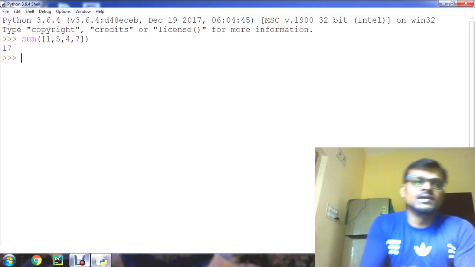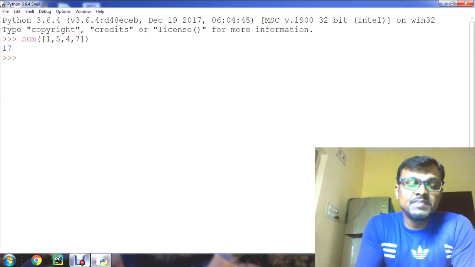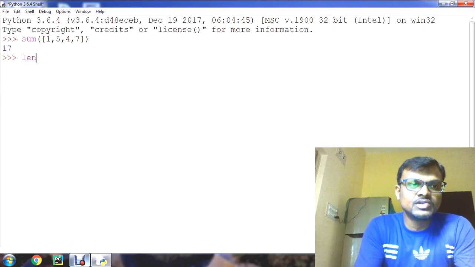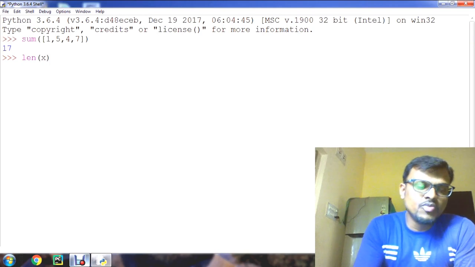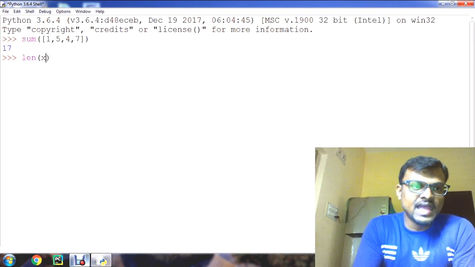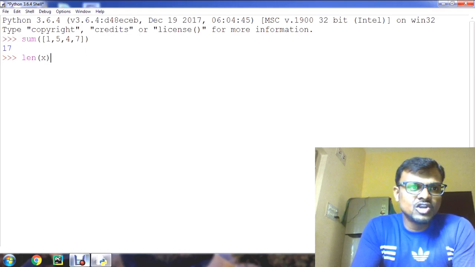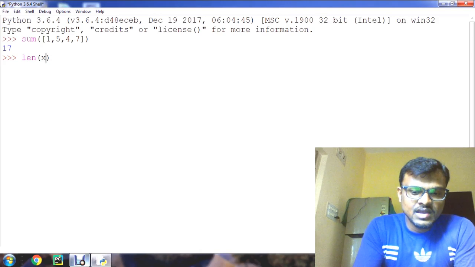Another built-in function we are going to see is the len function. This len function takes one argument. For example, if I give x as an argument, this x can be a sequence, a list or a string, and it counts the elements present in it.